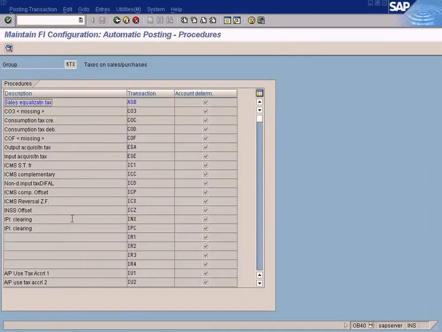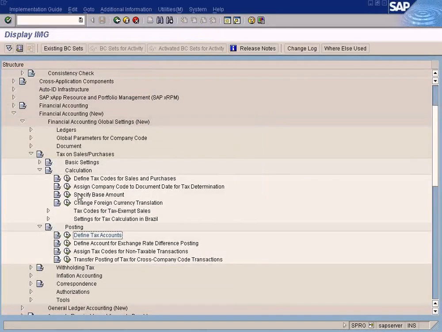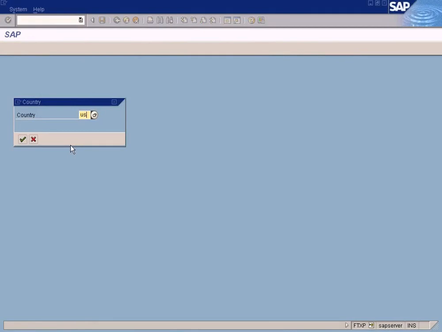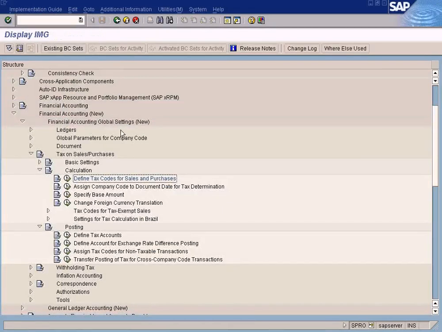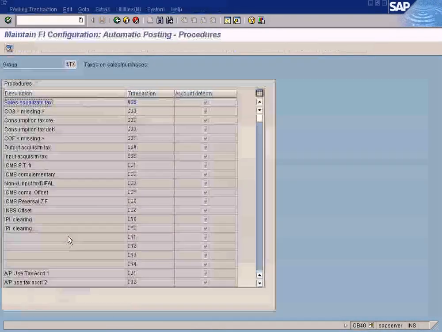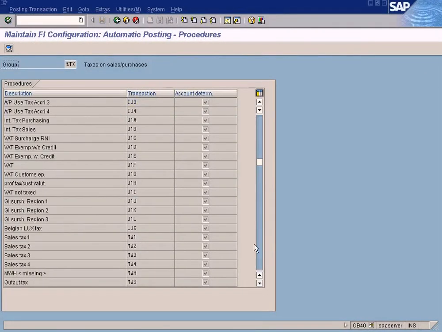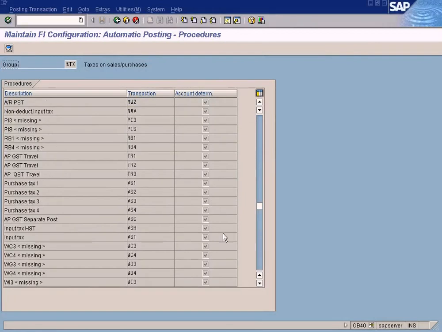Quit the screen, go to postings, go to define tax accounts. Before that, let me just show you something. Tax codes US, and press enter. You see this VS1. Take note of this account key VS1. This account key is the one which is used to determine the GL account.